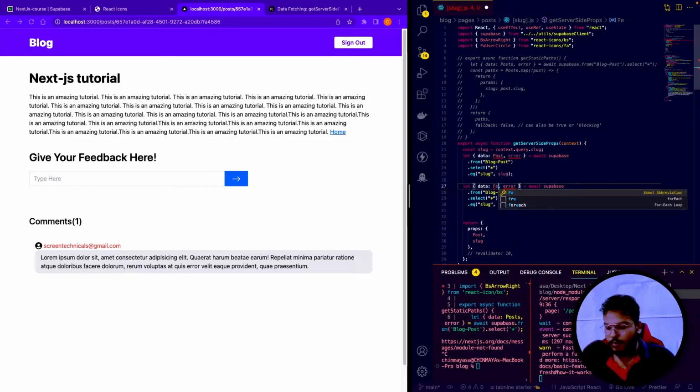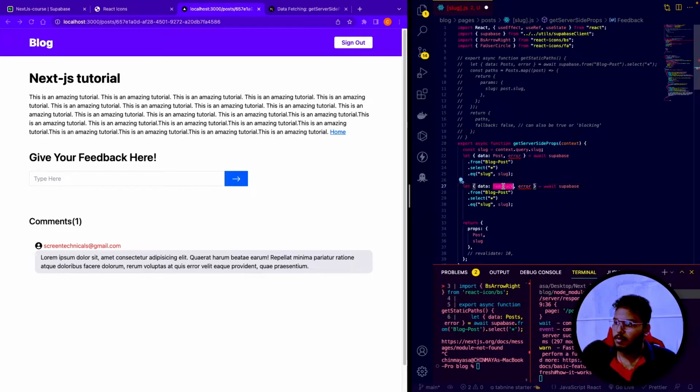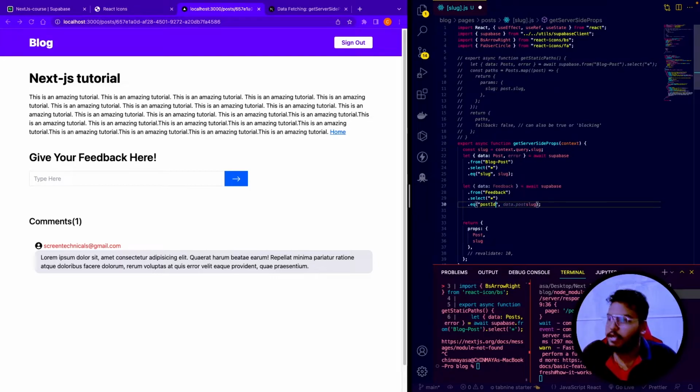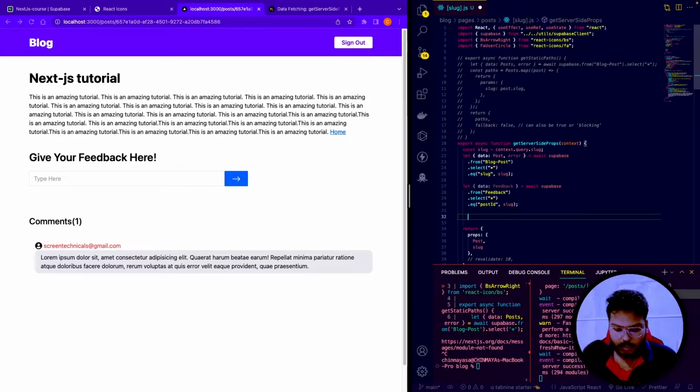It will be my feedback, and it will be from, just copy this thing, and I will just paste it at this point. There will be no error at this point. Let's remove this error, and let's see. I want to get all my feedback, and I'm going to write here, that is post ID. It is going to be the slug, right? Just like this. Select star, everything looks fine. Let's log at this point, it is log feedback. Save this thing,